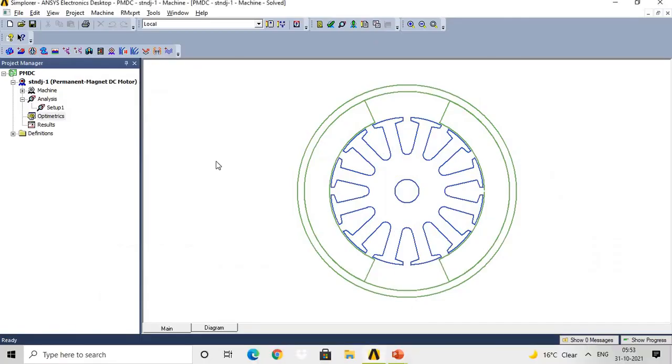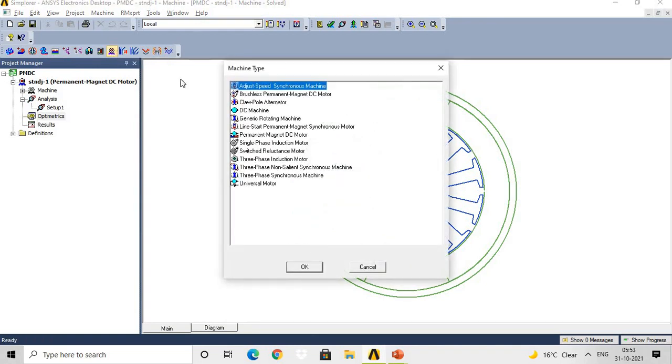When we open the RMXprt software, at that time we will get this GUI. Here, first of all, as we have discussed the general steps, you need to go to insert RMXprt design. Then you will get the list of different machines which we can simulate by using the ANSYS Maxwell RMXprt tool,